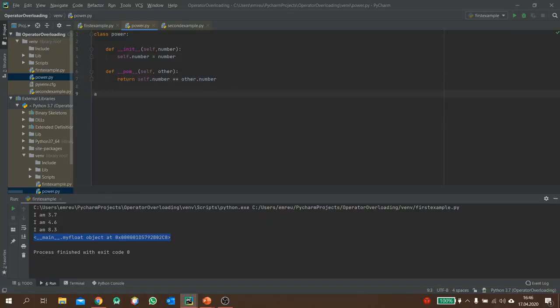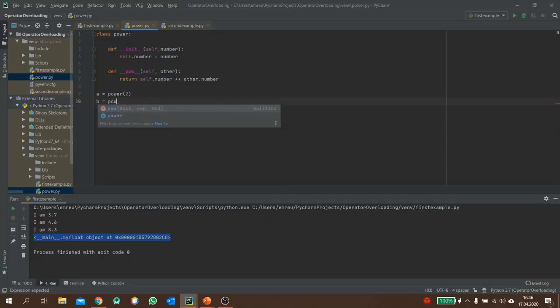And if we define two objects from the Power class, a and b,